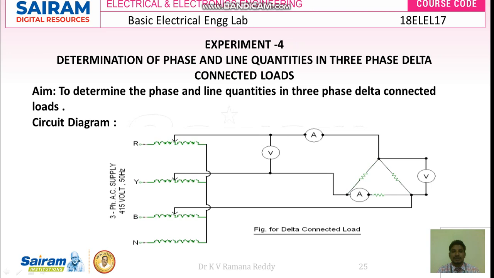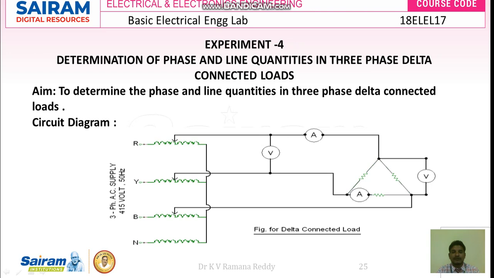Here if you see the circuit diagram, this is the circuit diagram to perform that determination of three-phase line and phase quantities in three-phase delta connected load. If you see here, these are the three phases like R phase, Y phase, B phase and neutral at the supply side. The supply is the three-phase AC supply and the voltage like 415 volts, 50 hertz is the input,